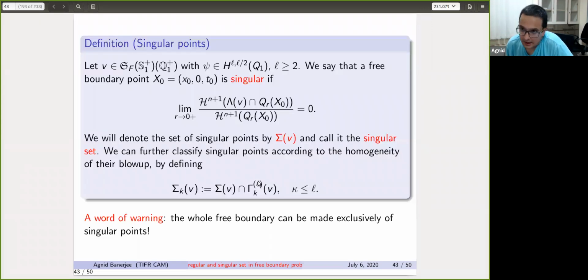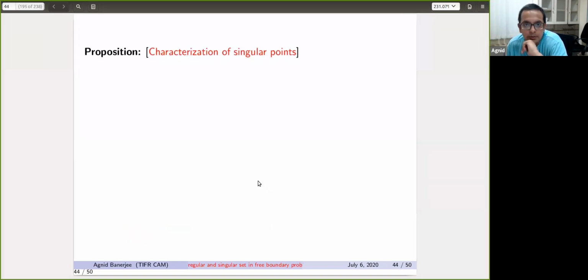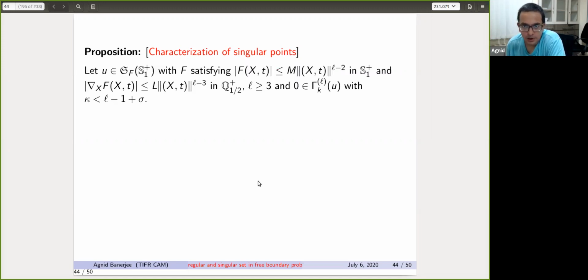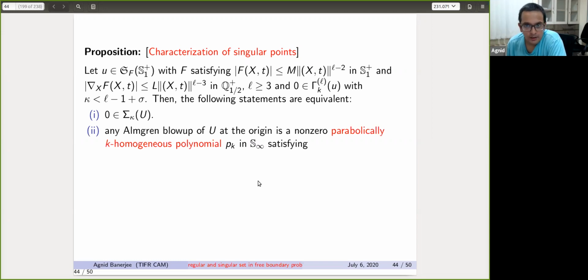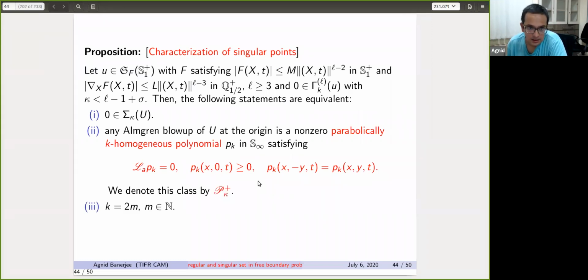It turns out that there are examples showing that the singular free boundary can be very large. So it is justified as to why one wants to understand the regularity of the singular set. The first thing that we show, out of some Liouville type theorems that we developed, combined with some unique continuation results that I previously had with Nicola, is the following equivalent characterization of singular points. Singular points are those where the coincidence set has zero density, or equivalently, the blow-ups are k-homogeneous polynomials which are symmetric in y. You can also equivalently characterize them as points where the frequency limit is an even integer, and these are all equivalent.